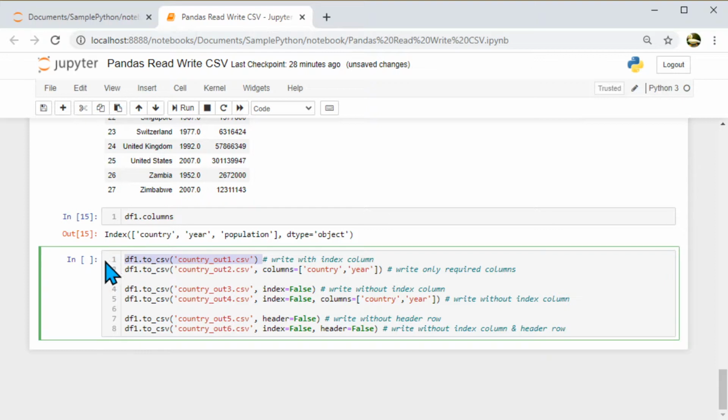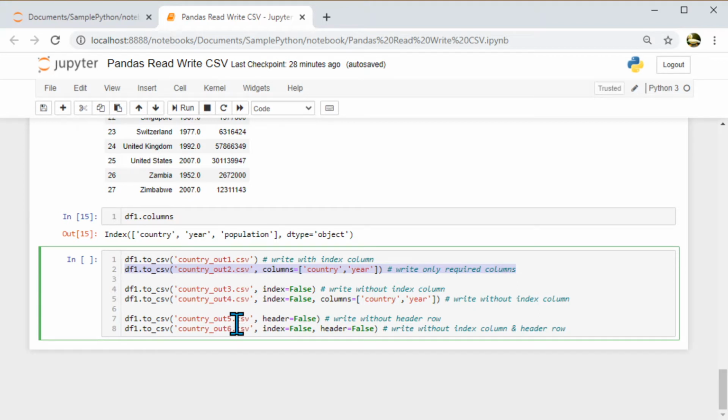I am saying dataframe1, write into, the syntax is to_csv, country_out1.csv. Okay, and if the data frame doesn't have columns, or you want to specify the columns, you can pass one more parameter, columns, and say these are the column names. Okay, and you can say these are the columns I want to write. So maybe you have 10 columns in the file, but you want to write specifically only 2 of those, then you will use this one, right? So there are different features, at different times you need different information, so accordingly you can customize.